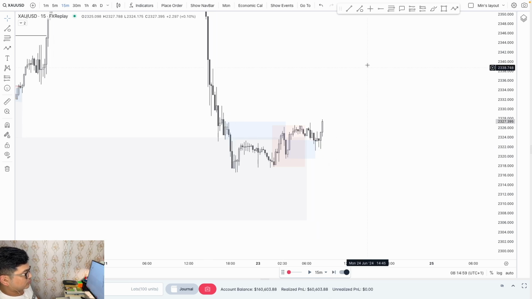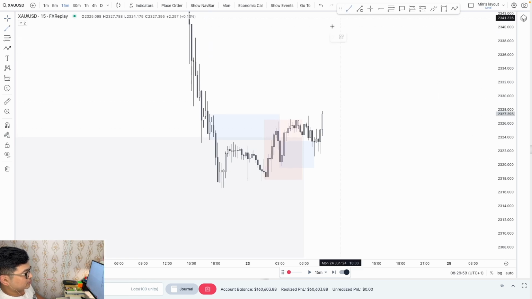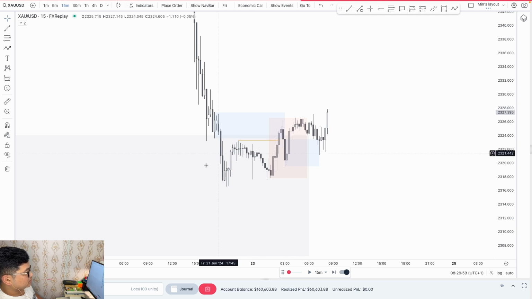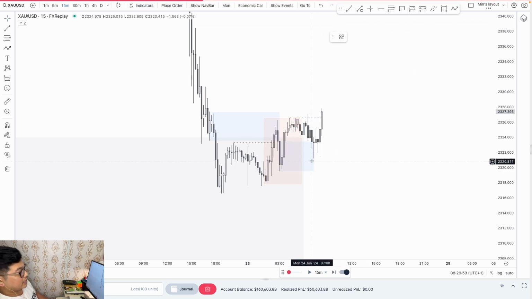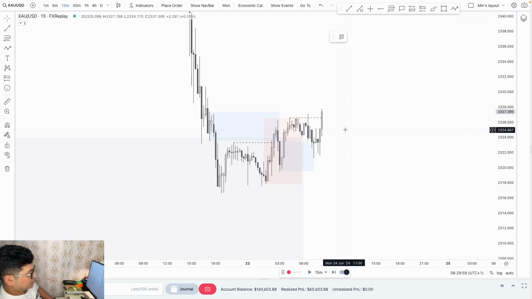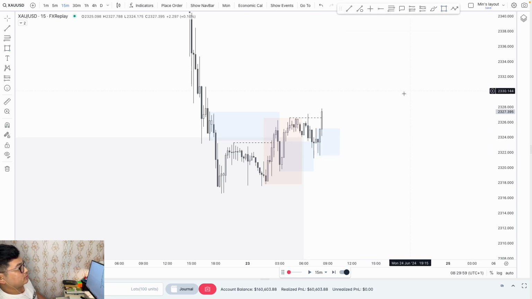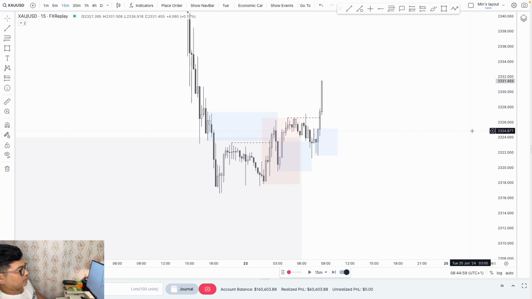All right, I'm still waiting. Oh wow, this is something I would love to see. You can see that this is pretty much what I would call an IBOS. This also just broke with the momentum over there, right? Demand mitigation pushed up higher, so I'm happy to take a long if this pulls back and shows me some sort of entry model. Oh wow, it's moved so far now.